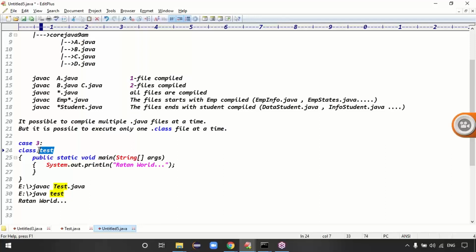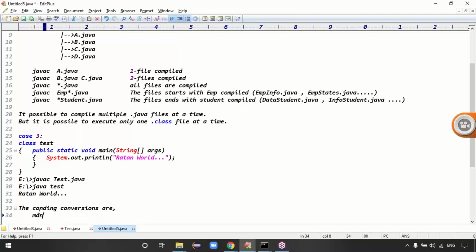Guys, are you clear now? It is recommended to follow the conventions, right? Exactly. Then tell me, what is the conclusion here? The coding conventions are mandatory for the predefined library and optional for the user-defined library.